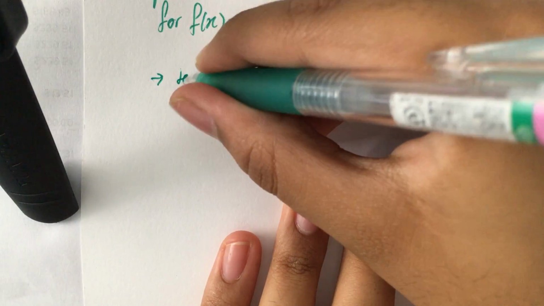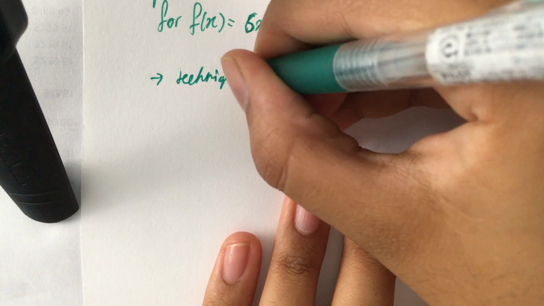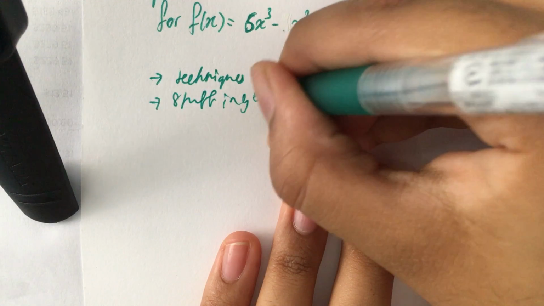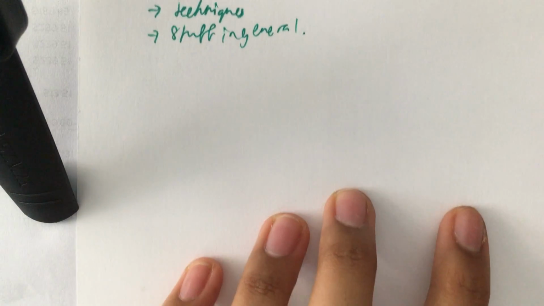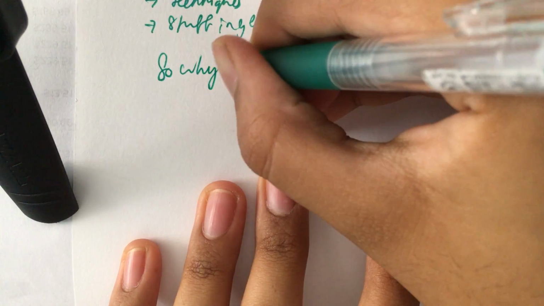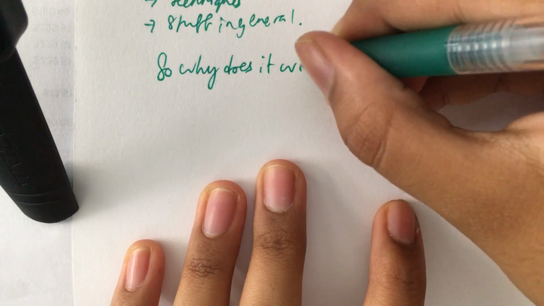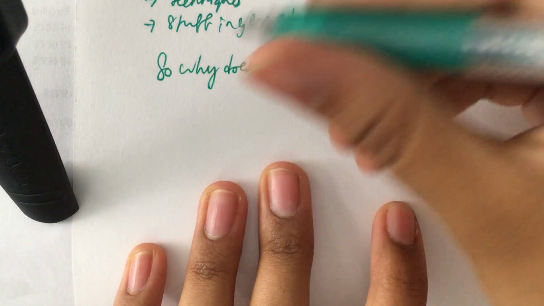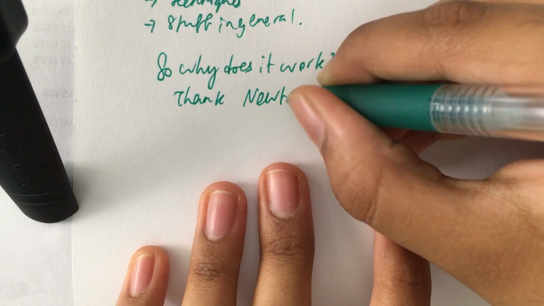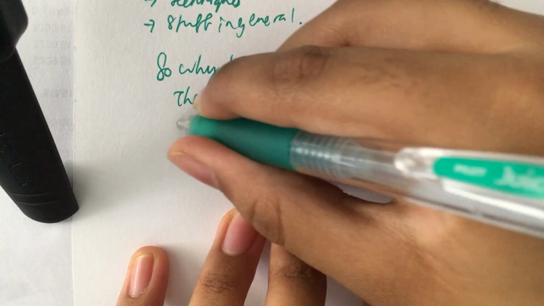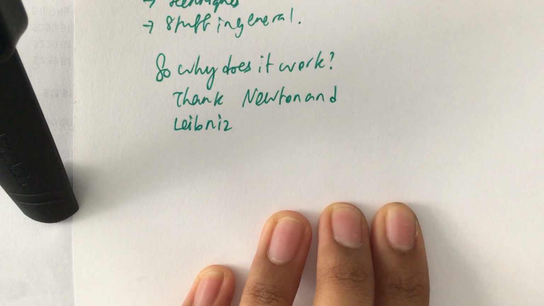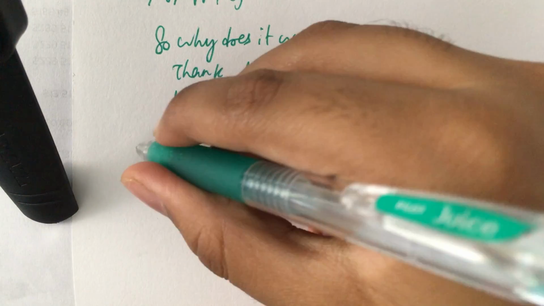And as with all things that talk about differentiation, I think the best way to start is to talk about why differentiation works. I'm not going to go through the details of the history and the whole battle between Newton and Leibniz and all that stuff, because there's enough information on that out there, but the main reason how differentiation works is what we call first principles of differentiation, and